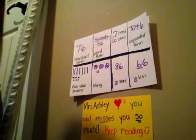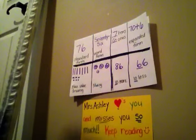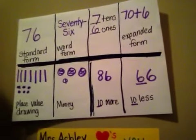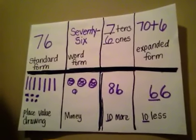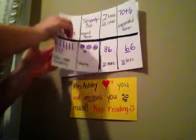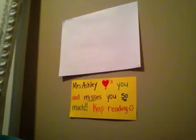I'm going to actually move this camera and give you a closer look at my finished board here. So there it all is. And remember, you can do this with any number. If you want to challenge yourself and make it a little bit more difficult, you could actually do it with a number in the hundreds. So let's say we did